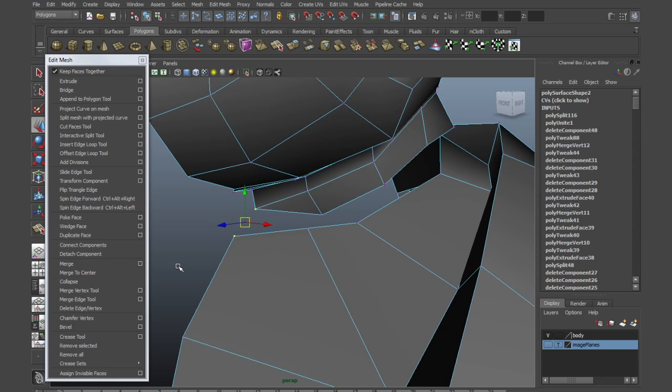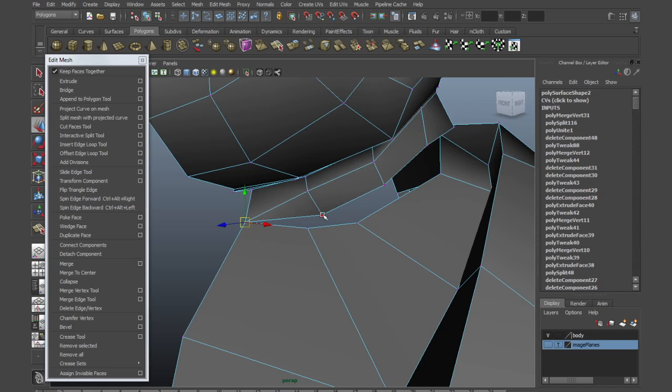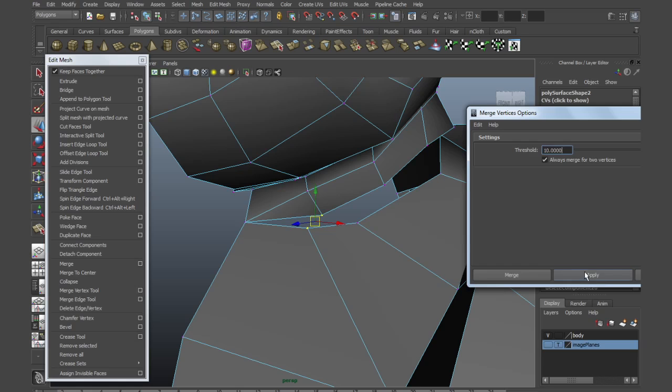Oh, not on the vertex though. So to do it on a vertex, we go to merge, and we just increase the threshold dramatically, and that will give us a collapse. Collapse works, I believe, for edges and faces. So hit apply,